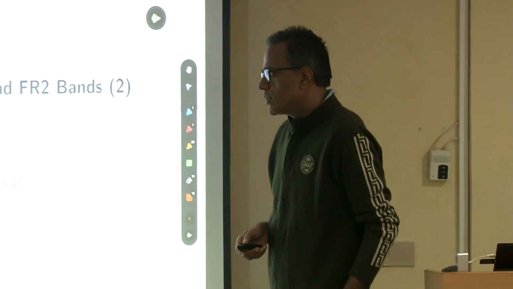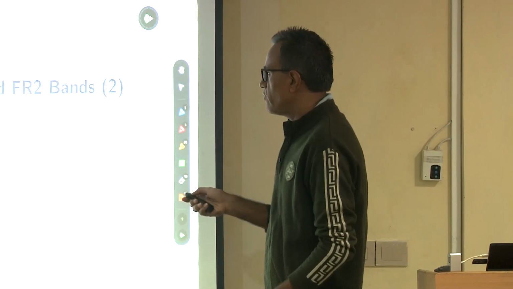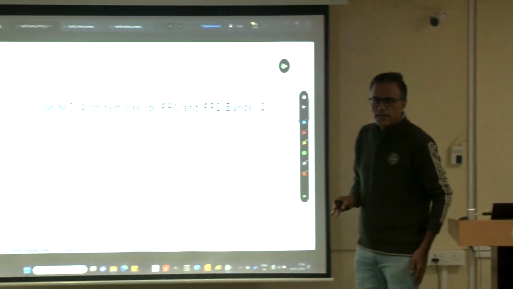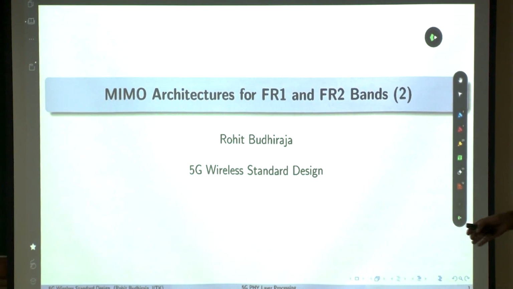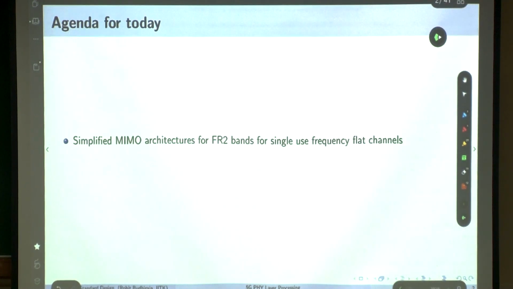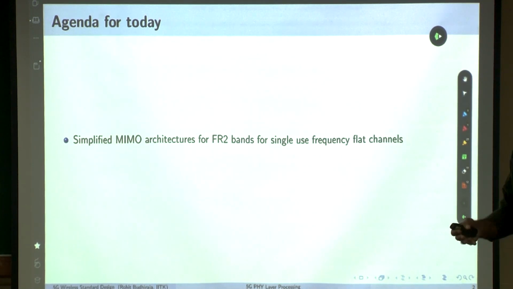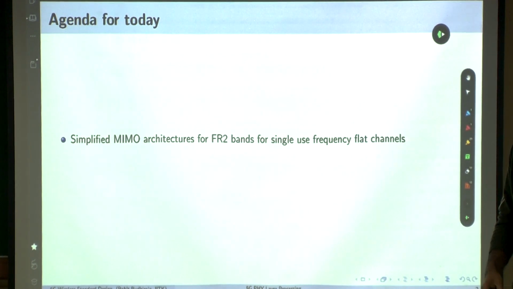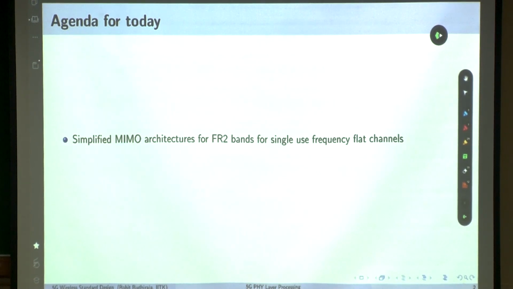Okay, welcome to the class. We have been discussing this MIMO architecture for the FR1 and FR2 bands. Whatever we have discussed primarily in the context of MIMO is for the FR1 band, and we started discussing the MIMO architecture for the FR2 band and the need for simplified architectures for FR2 bands. We discussed that in detail. The primary reason is that you need many more antennas for the FR2 band because the channel is hostile, and you need them both at the base station as well as at the UE